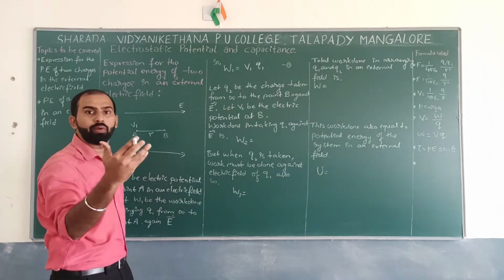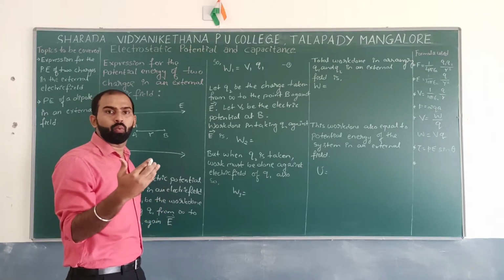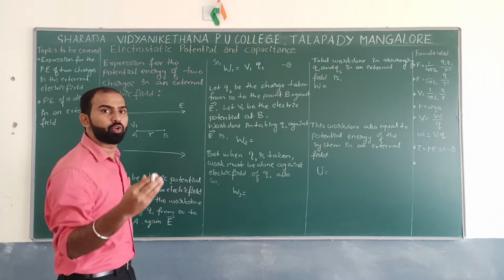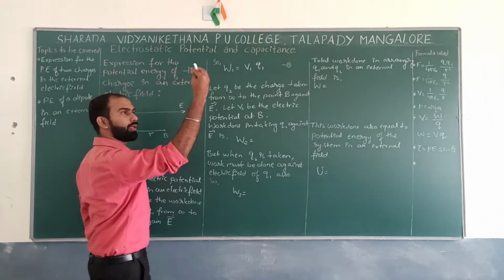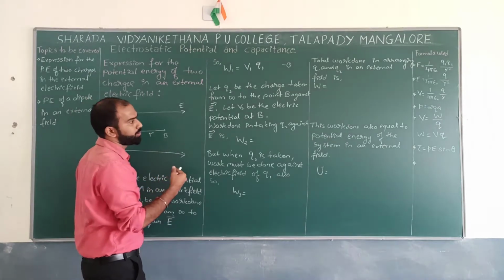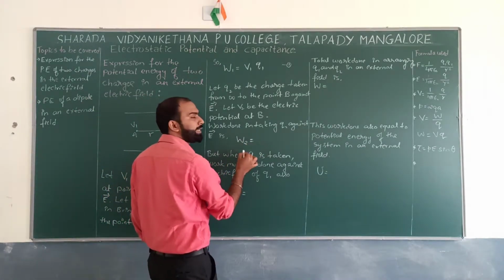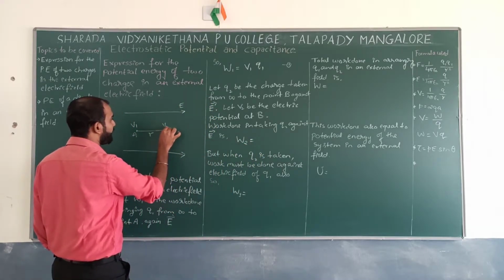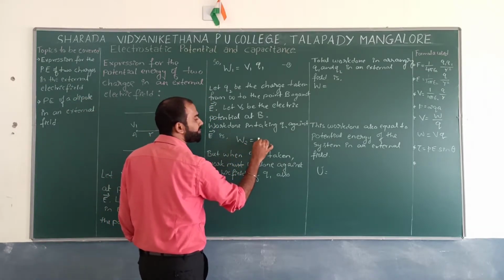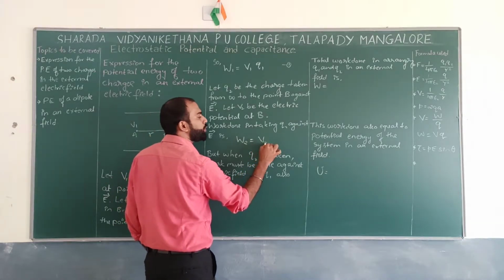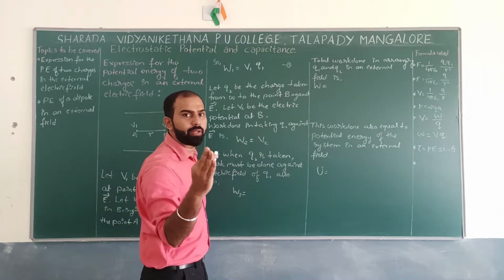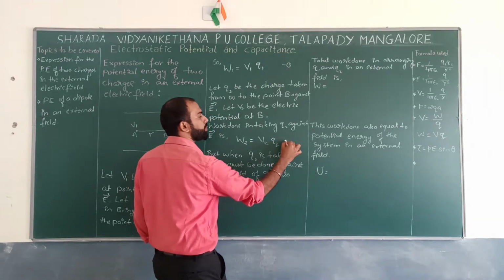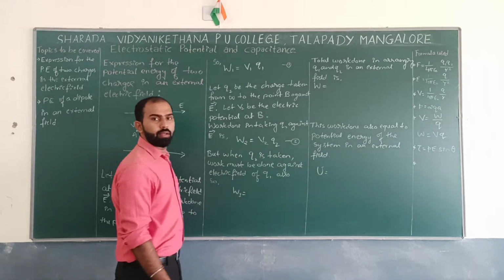So at the time of doing this process, whether work done is there or not, yes, there is work done you need to do to bring the charge Q2 from infinity to this particular point. So W2 can be taken as what? Can I say the potential at this particular point B is V2? So can I write this is nothing but V2 into the charge you are bringing from infinity, that is Q2 over here. Let us say it is equation 2.